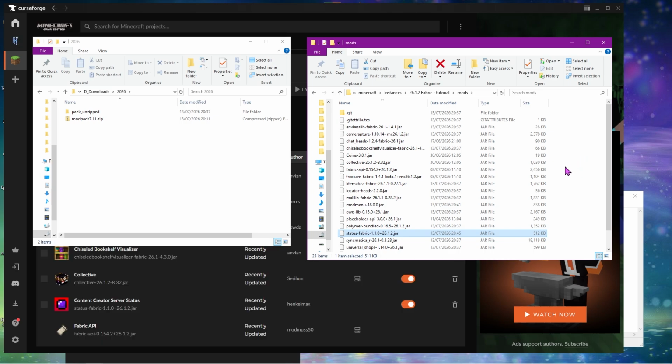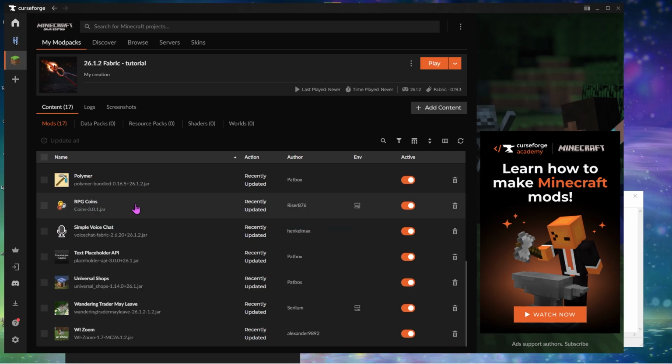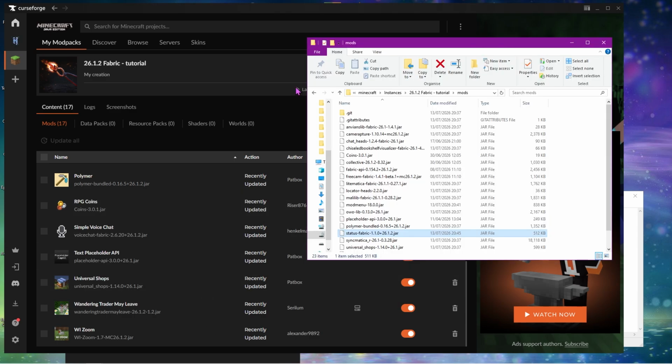Again, just make sure it's the right version. And you can see in the background, this has just refreshed. Don't panic that you don't see it here, because it's a mod that's not available on CurseForge, you won't see it on your list. Also something to bear in mind is that if it needs an update, you will have to do this manually by opening the folder, deleting the old version of the mod, and adding in the new one in the same way.